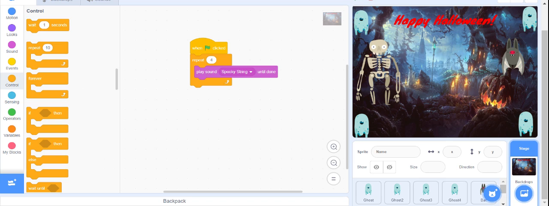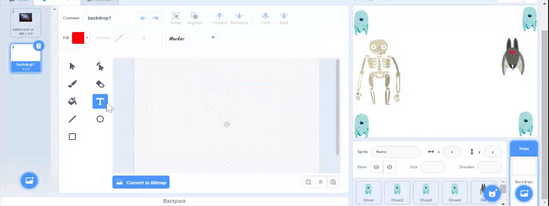Hey guys, so we created our Halloween card. We can also add another screen to make it a little bit more fun. So first I'm going to go to paint a backdrop. So in this paint